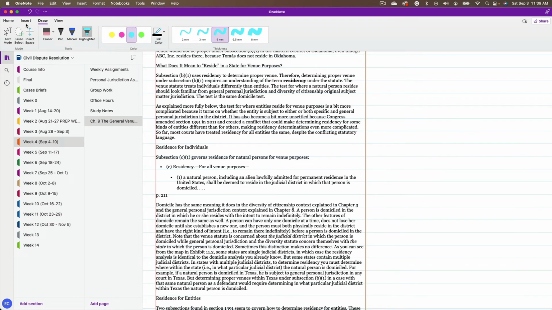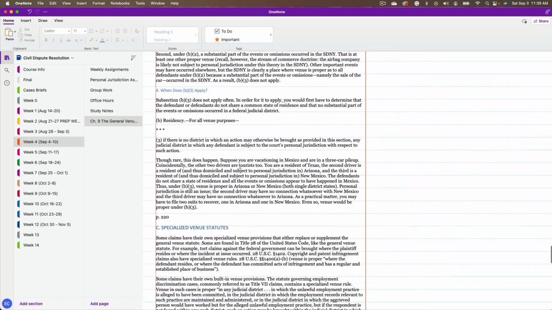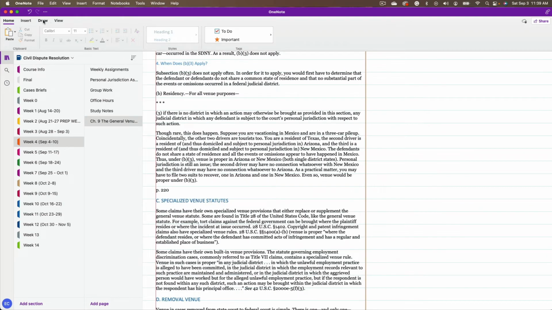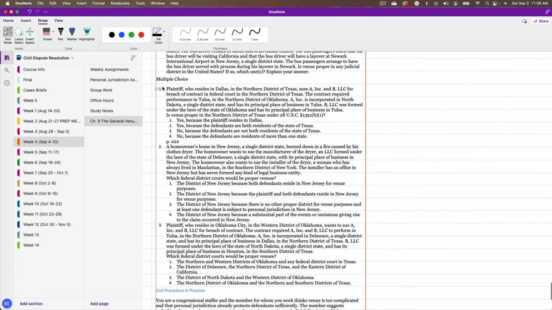The other nice thing that you can do is actually go through. So like I said, for ours, we typically have these. You want to be in text mode to do this, just an FYI. So under draw, go to text mode. We typically have these kind of like questions at the end that we like to do in our study group. And so what you can do is you can actually just copy,